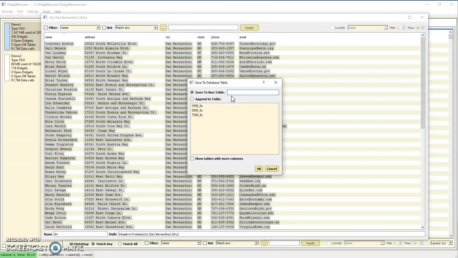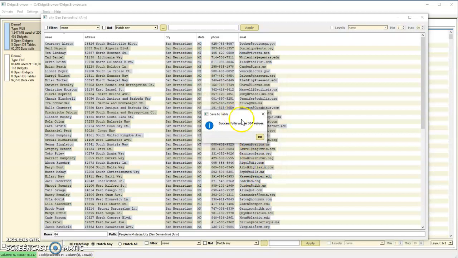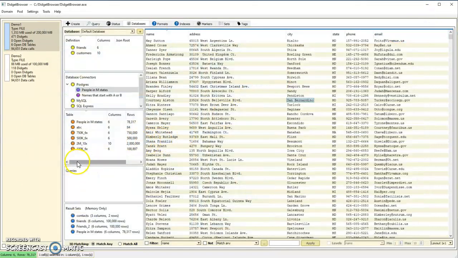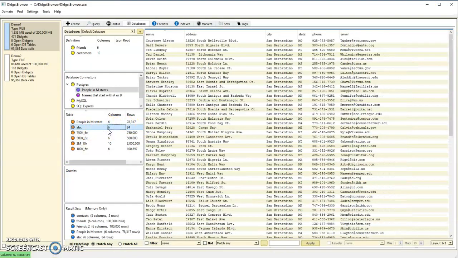And we want to call this table just ABC. We'll just give it a name here. It grabbed all those values, created a new table with just those 84 rows in it. Sure enough, if we look over here, we'll see our ABC. It has 84 rows in it, and it's a standalone table that only has the San Bernardino in M state rows in it. So that's a quick way to build some various tables,